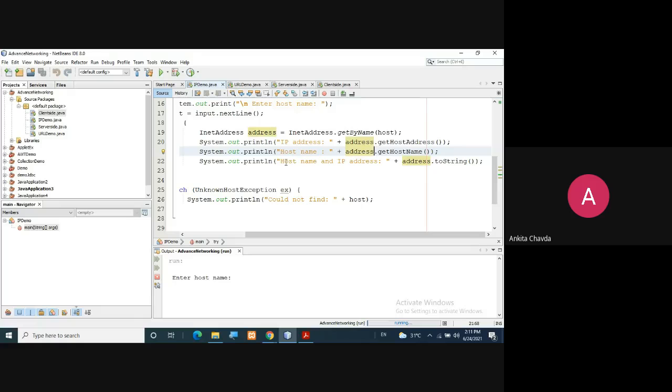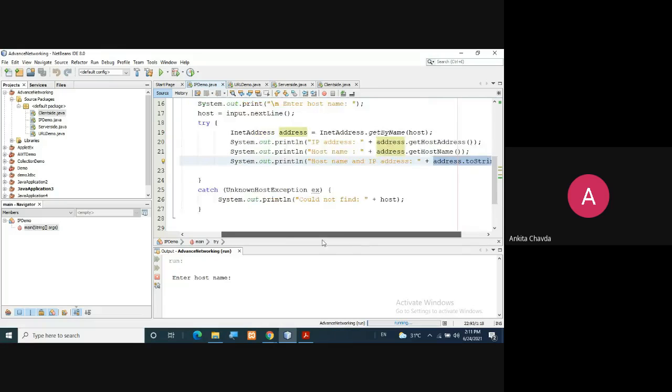And if you wish to print both the things, host name and the IP address together, that is already there inside this address. So what you will do, only you will write address.toString. So it will be converted into the string, and then it will show you.